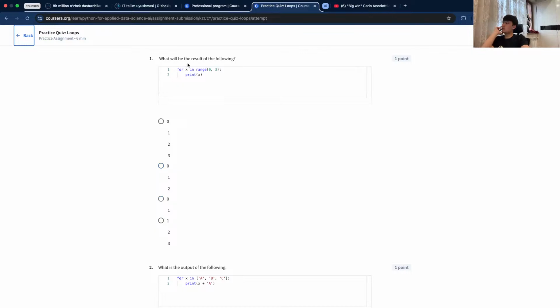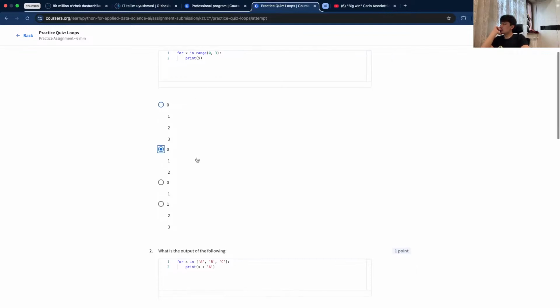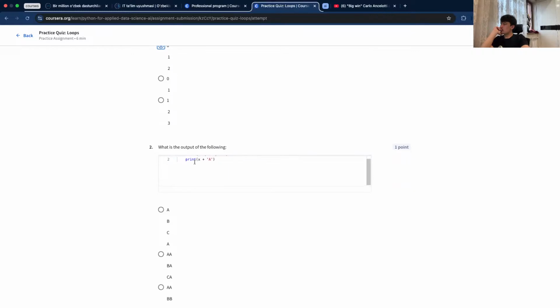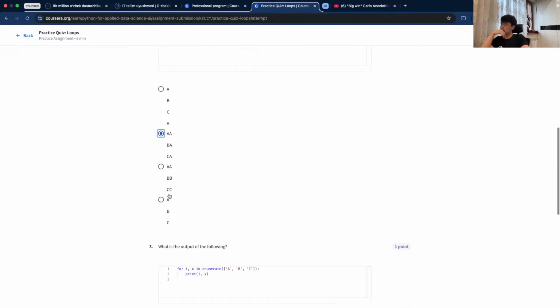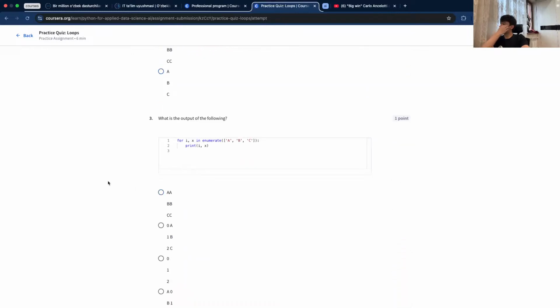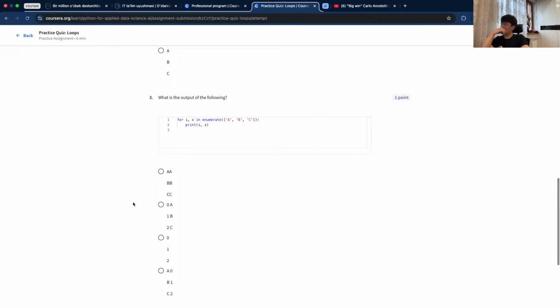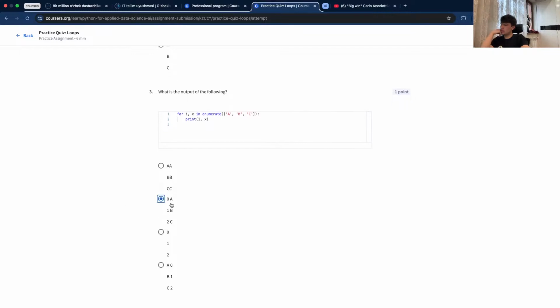What will be the result of the following code? 0 1 2